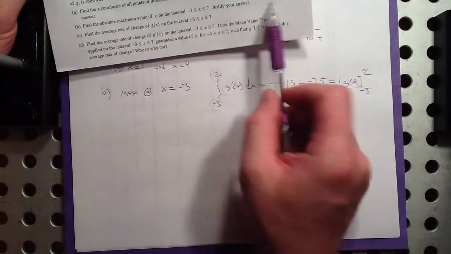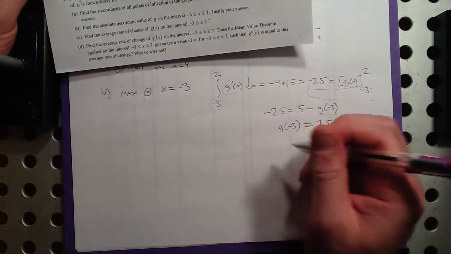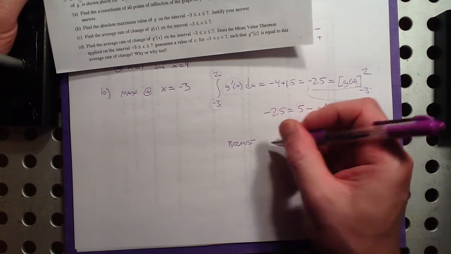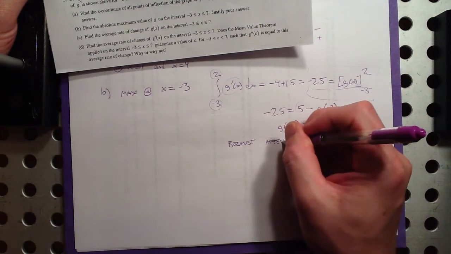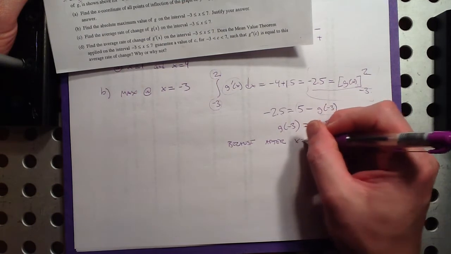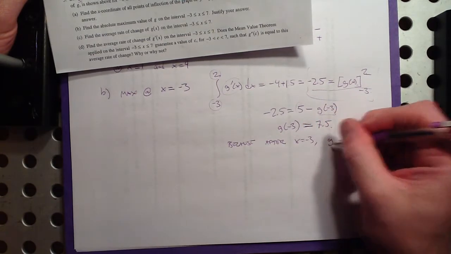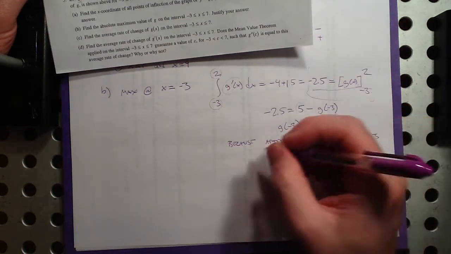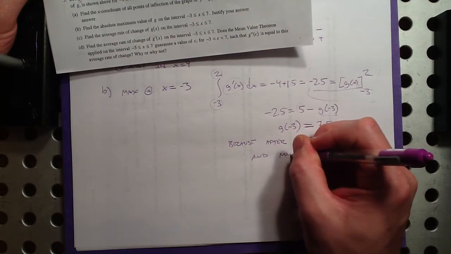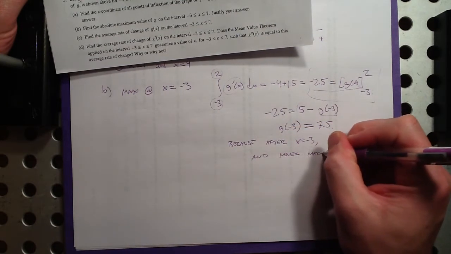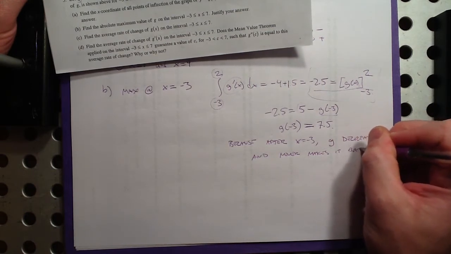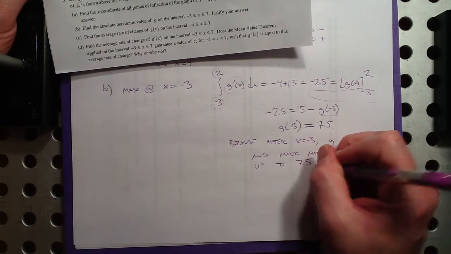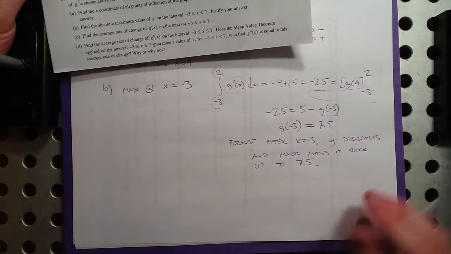And they want us to justify our answer. I guess we could say something like, because after x equals -3, the g function decreases and never makes it back up to that value, 7.5. You can check their rubric and see what they say about that, but I think that would be perfectly good